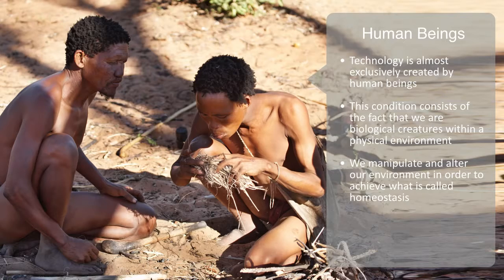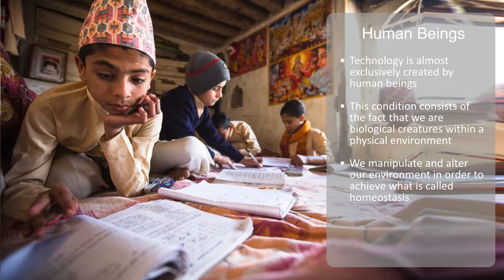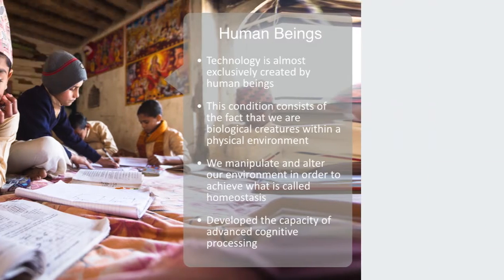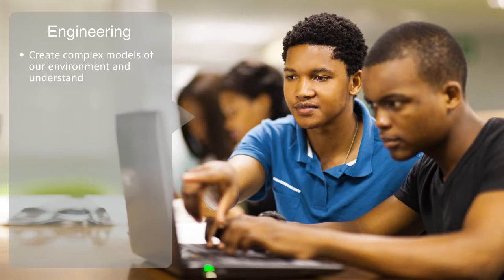Unlike other creatures though, we have developed the capacity of advanced cognitive processing, which has made us somewhat distinct from other creatures, and is ultimately the foundation that has enabled civilization. With this advanced cognitive capacity, we are able to create complex models of our environment, understand a wide array of cause and effect interactions. We can conceive of desired optimal future states, use logic to try and achieve these through a sequence of strategic actions, and this is the very abstract foundation of technology and engineering.